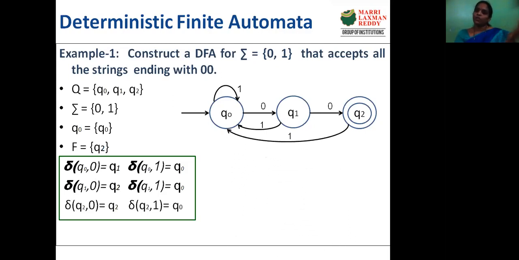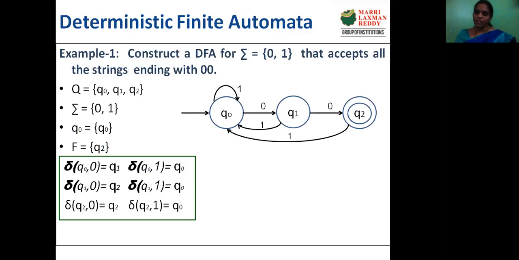Now Q2, that means when it reaches the final state, if in the final state it also receives a 1, it has to go back and start from the beginning of the finite automata. This is nothing but what is said to be a deterministic finite automata. If you see here in this finite automata, we have 3 states, Q0, Q1, Q2. For each and every state we have defined the transitions. And Q2 on 0 remains in that state itself. That means at the end we will have the zeros here.